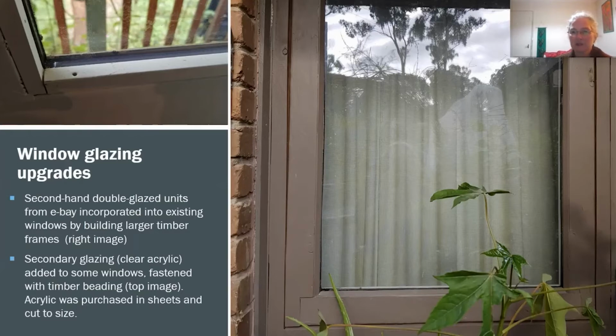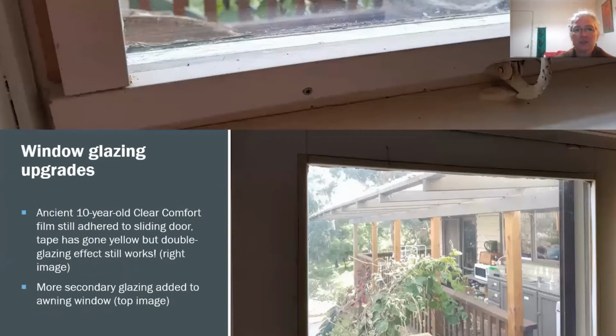We've also got secondary glazing made from clear acrylic sheets. And we also have some Clear Comfort, which is a film that you apply to windows. That's shown on the second slide. The Clear Comfort, you can see on the bottom,